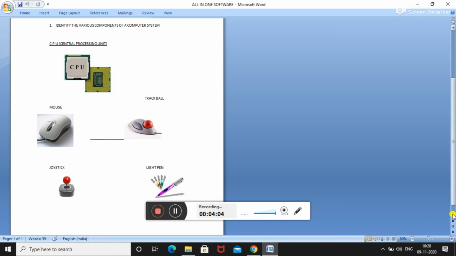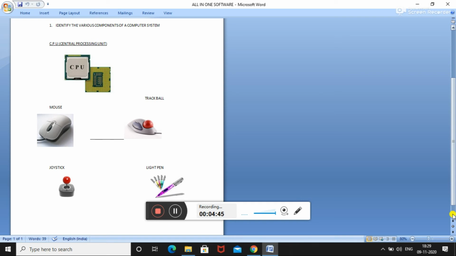Third one, function keys. The 12 function keys are present on the keyboard, arranged in a row at the top of the keyboard. Each function key has a unique meaning and is used for some specific purpose. Fourth one, control keys. These keys provide cursor and screen control. It includes four directional arrow keys. Control keys also include home, end, insert, delete, page up, page down, control, alternate, escape. And next one, special purpose keys. Keyboard also contains some special purpose keys such as enter, shift, caps lock, num lock, spacebar, tab and print screen.